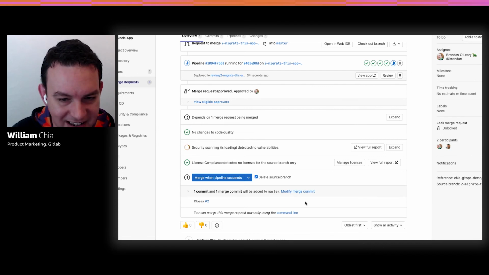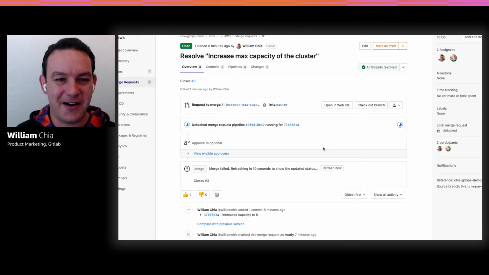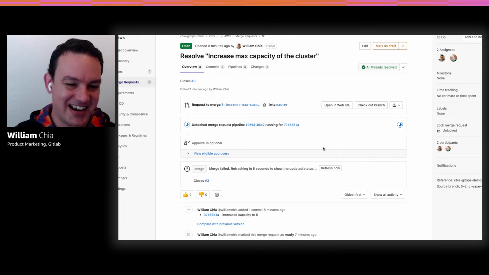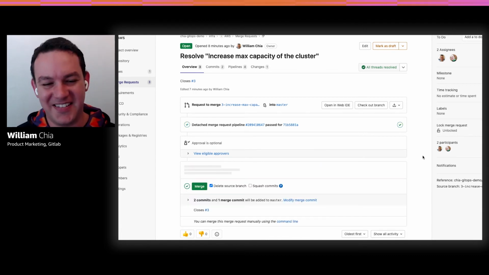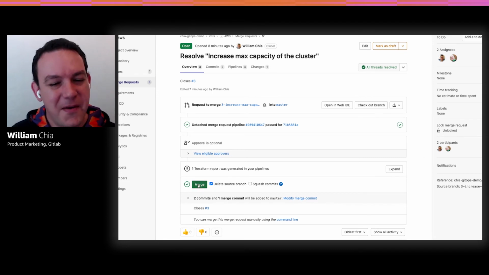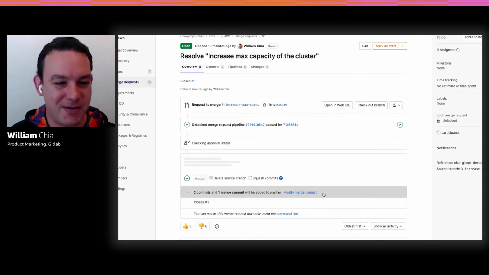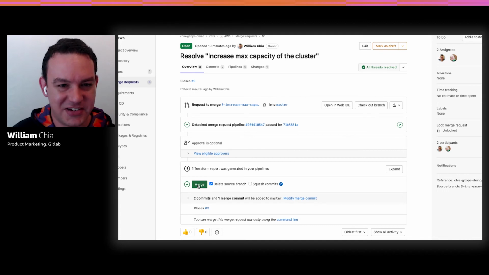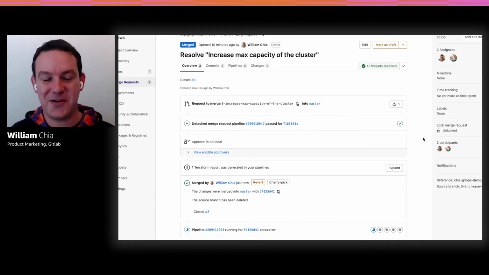Actually, here it tells me the merge failed, of course, because I have a merge dependency. So if we merge this one when the pipeline succeeds, no, actually this one failed as well. Let's try one more time. My apologies. I think I didn't refresh my page. So if we look here, this one has passed. I should be able to merge the capacity, and nothing like a live demo, even though we're recording.